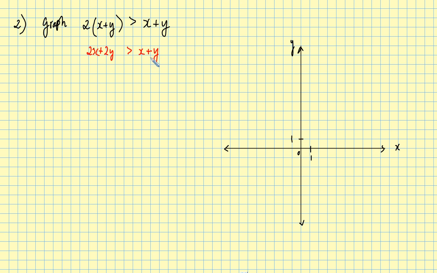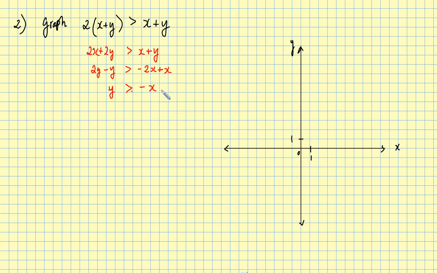Since we are isolating for y, because we always write our inequalities in terms of y, and everything is written in terms of x, I can say that 2y minus y has to be greater than negative 2x plus x, so that y is greater than